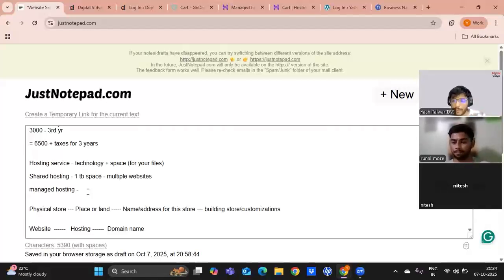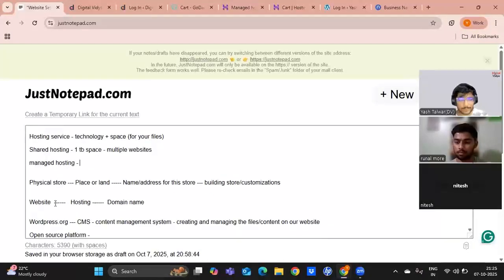Same case here, you are paying every year, right? तो अगर हम उसी को कन्वर्ट करें टू ऑनलाइन सिनेरियो, द स्टोर इटसेल्फ, जो आपका स्टोर है, वो ऑनलाइन सिनेरियो में कन्वर्ट हो गया वेबसाइट बन जाएगा, राइट? जो आपका लैंड या स्पेस आप ले रहे हो, वो ऑनलाइन सिनेरियो में कन्वर्ट होके होस्टिंग बन जाएगा, एंड जो आपके ब्रांड का नेम है, जो स्टोर का नाम है, दैट कन्वर्ट्स टू डोमेन, राइट?